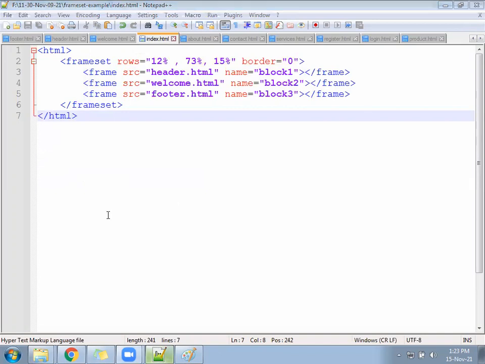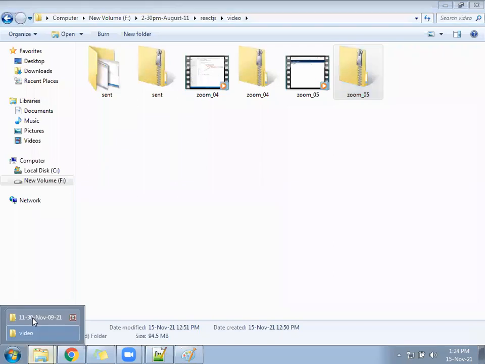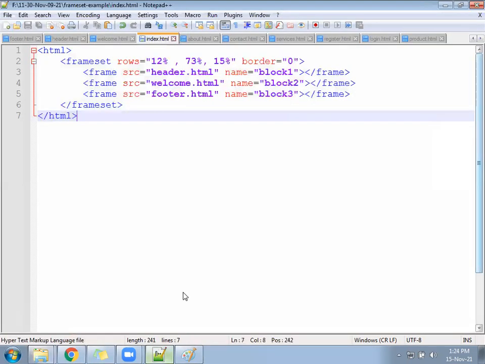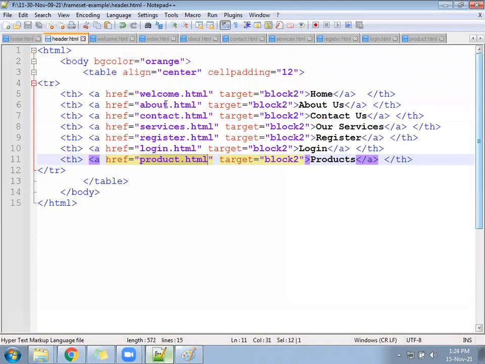I will share this folder in the chat again, the frameset folder. Just create all the pages continuously, save the file, and give some heading. Whichever links you have given in the header file, you need to create all those files and give some heading, h1 or h2, and then check once whether all are loading or not.